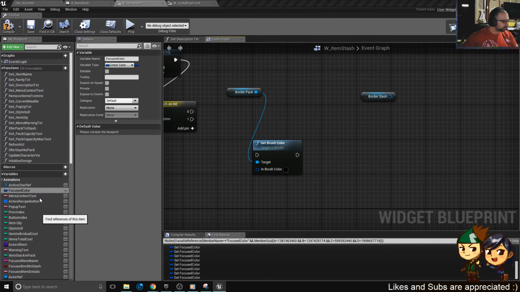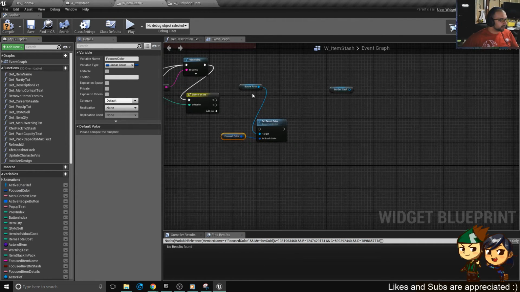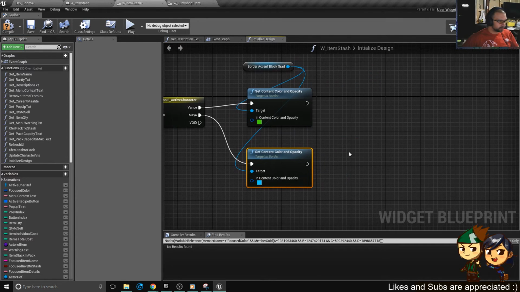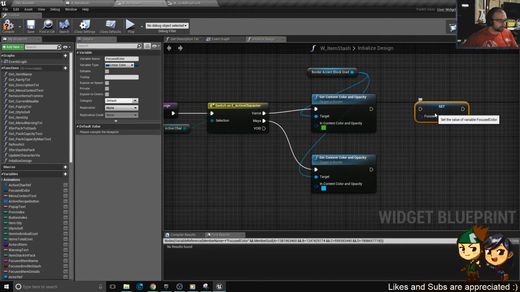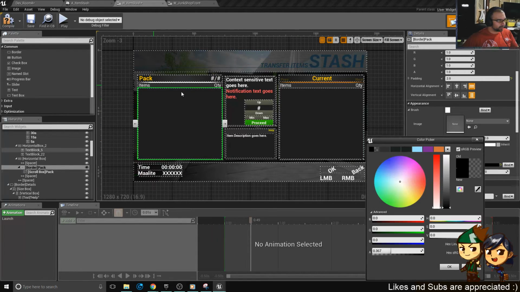Now let's find focused color. Should be none. Beautiful. We want this to be set here, and on our initialize design function. Basically, what we want is, depending on which character we're in, we want to set what that focused color is. So let's create it here so we can see how it looks, because we are layering this element on top of others with alphas. So it's safer to set it here and then add it to our palette and then adjust it. Ideally, we want something with some saturation and some sort of